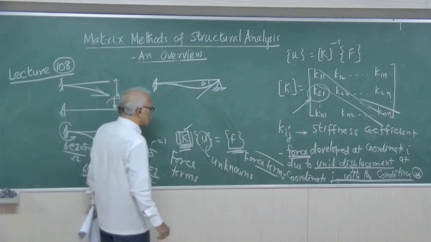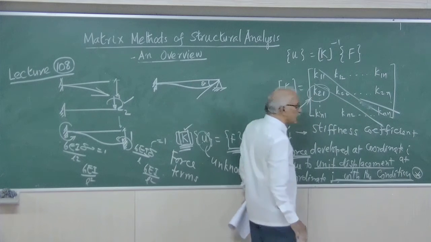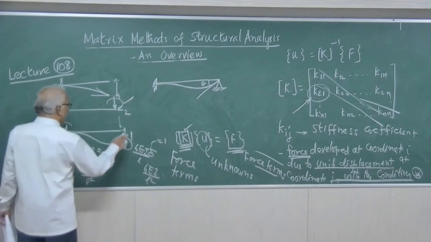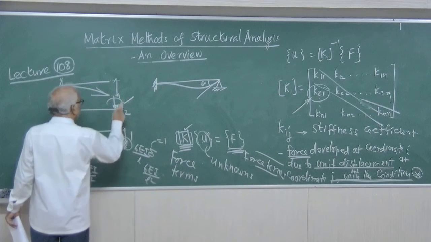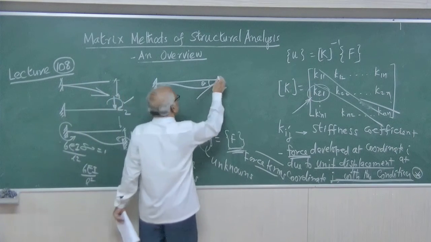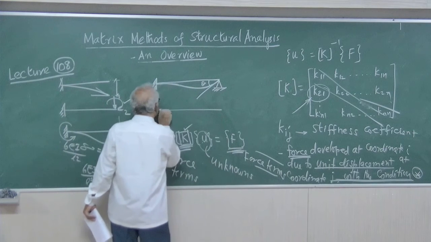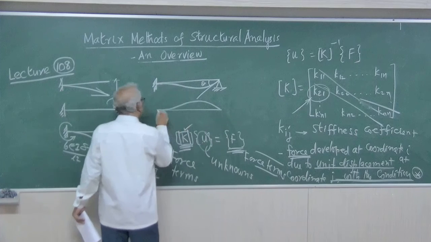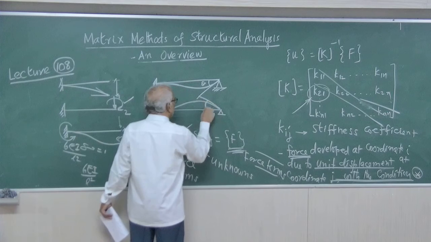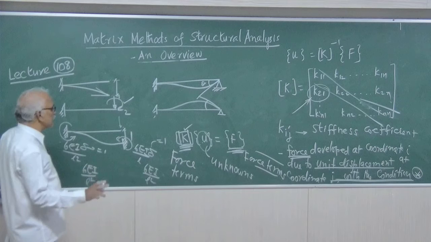So that is the meaning of the condition that no displacement occurs except at j. If you allow displacement only along coordinate 1, there will be no displacement along coordinate number 2. When you allow rotation along coordinate 2, actually I should have marked it in the opposite direction, that is like this. Anyway, this is treated as fixed. So this is the value.